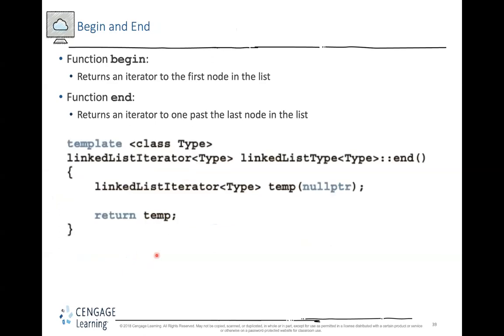Begin. Now, begin and end, these are two operations that are using the iterator pattern. And here an example that I've shown is the end function. So basically when you begin, we just create a new iterator that's going to point to the very first node in the list. When you end it,